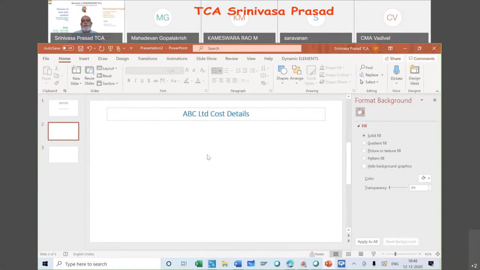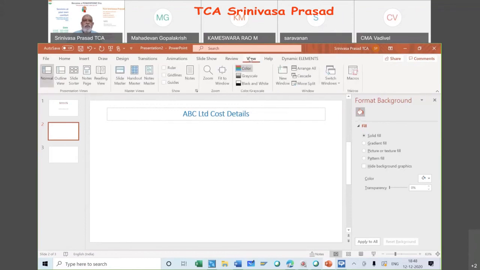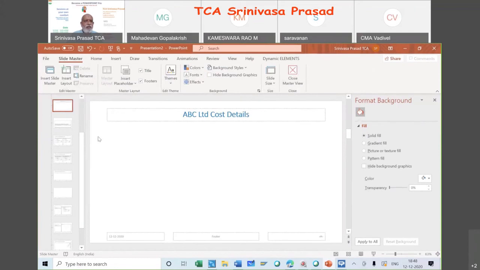Okay, sir. For example, suppose Vadivel and Co is my empty slide, and I can put a mobile number, email ID. That's one slide as a master slide. So whenever I want to use, I will use the same slide again and again. Yes, sir. We will try that also. What should we do if Vadivel and company is to be done? What is to be done now?